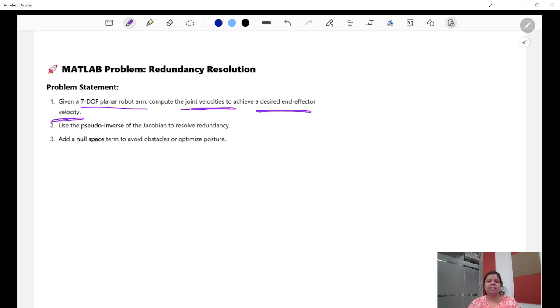So we need to have a desired end effector velocity. We want to compute the joint velocities to do that. We want to use the concept of pseudo inverse definitely to resolve the redundancy problem,